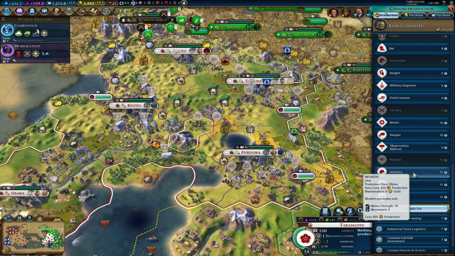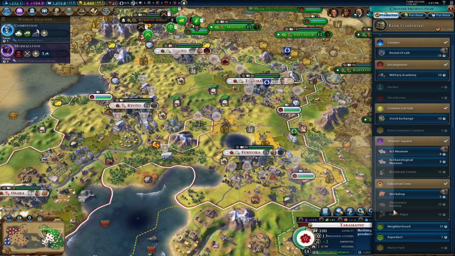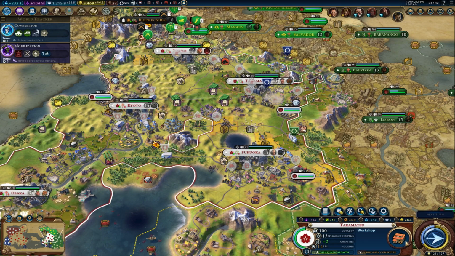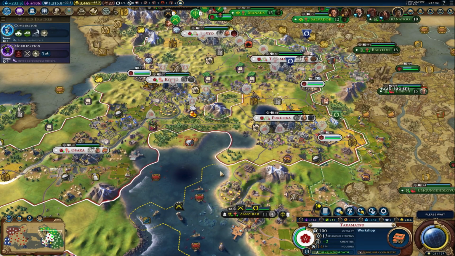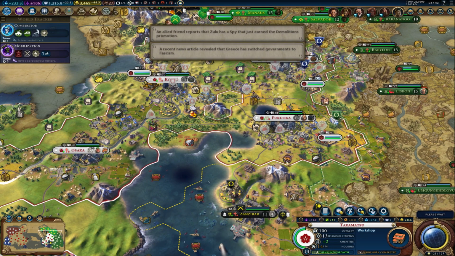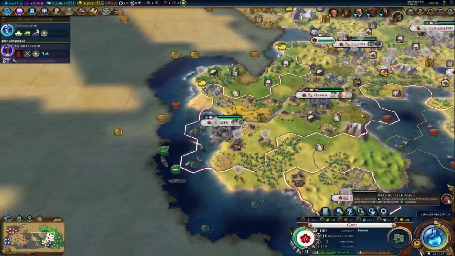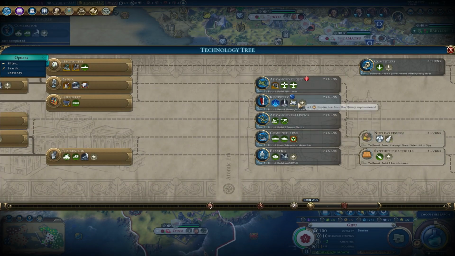11 turns. That's kind of annoying. Well, let's see. Military Academy would help with that, but not critical. Workshop, 5 turns. But we will make 2 more artillery and 2 more infantry, and we'll be set as far as our units if we ever have to go to war somewhere. So we could go ahead and go into our rocketry,